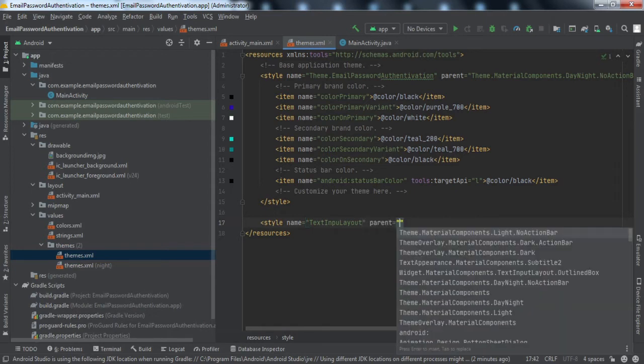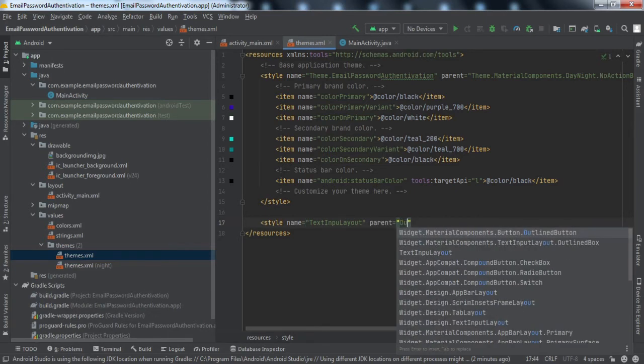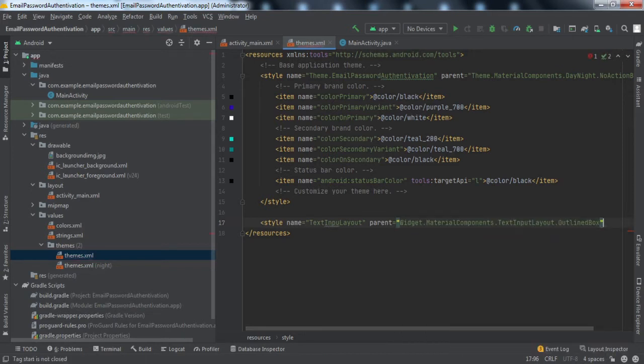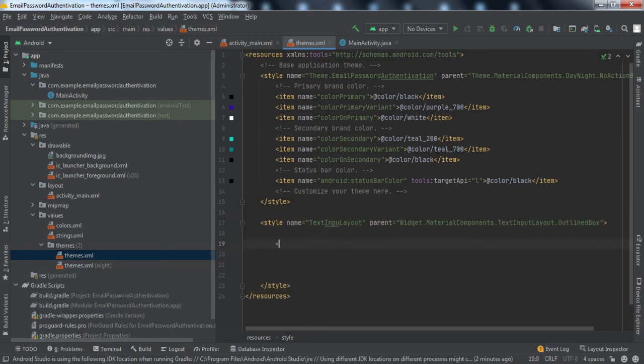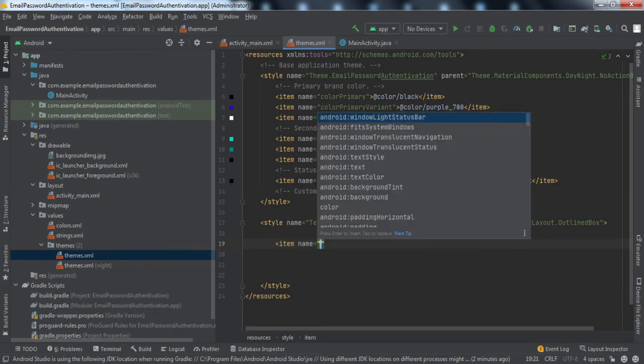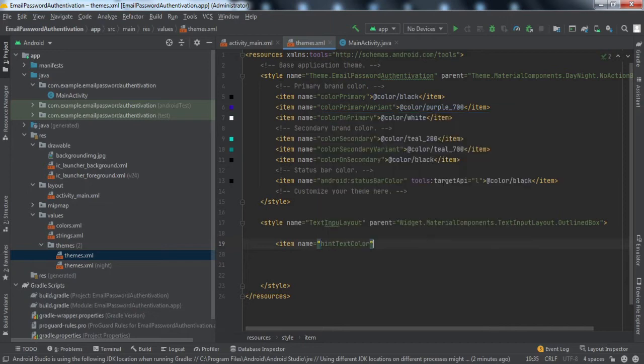We'll set the parent as outline box. Now we'll set certain attributes in this style. The first one will be hint color. We'll set it to black.